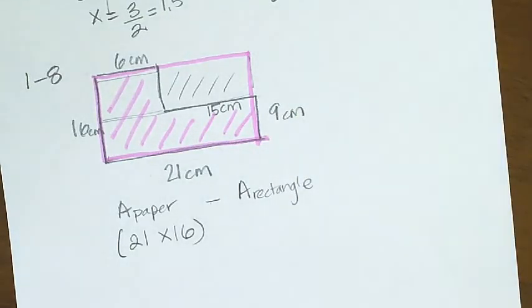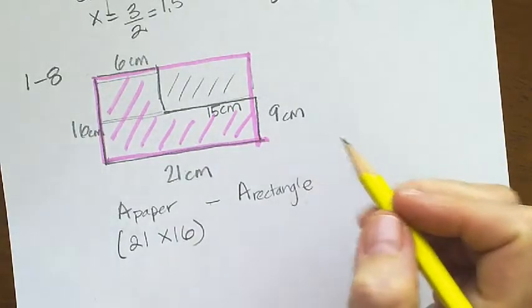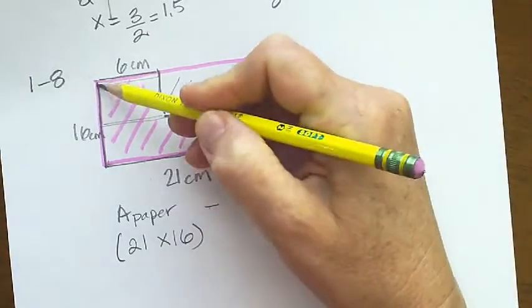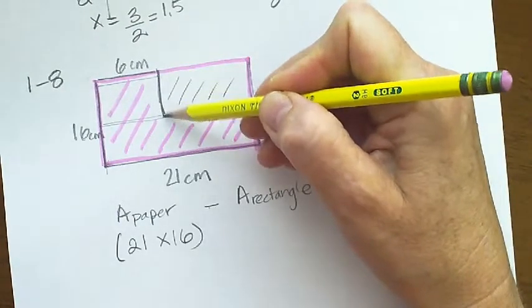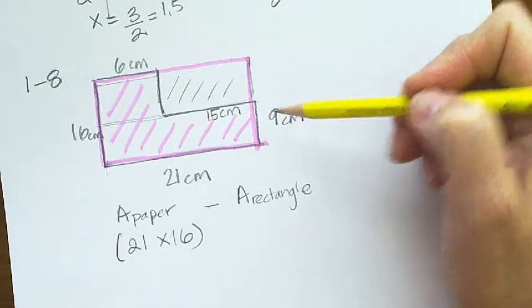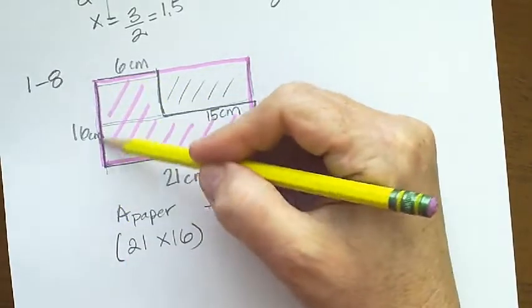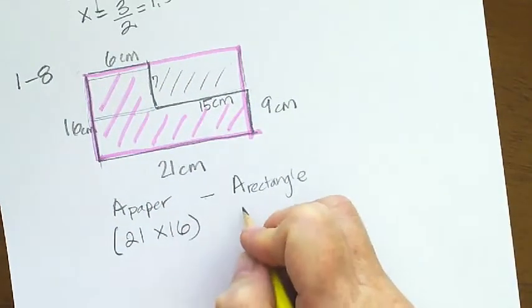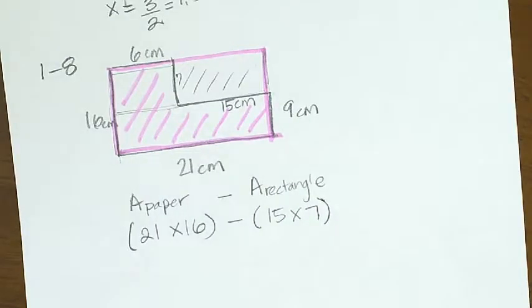I'm going to take a new pencil. So I'm going to take the length of this entire side, which is 16, and subtract this little piece right here, which is 9, to get this piece. So I'm going to do 16 take away 9, which would be 7. So the area of my rectangle that I want to subtract is 15 times 7. So that's going to give me